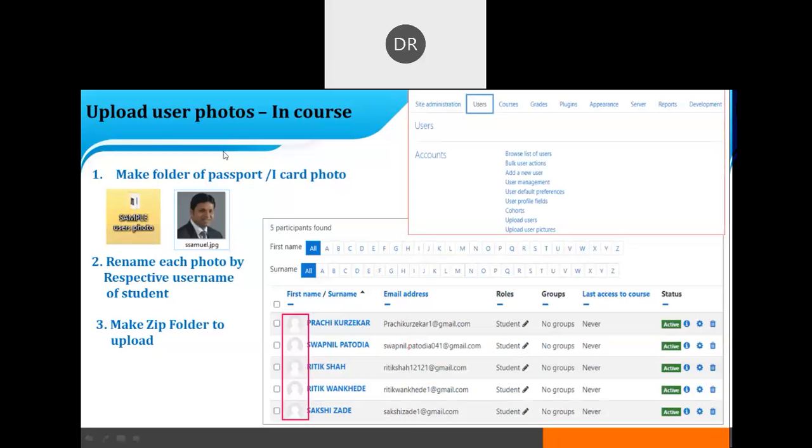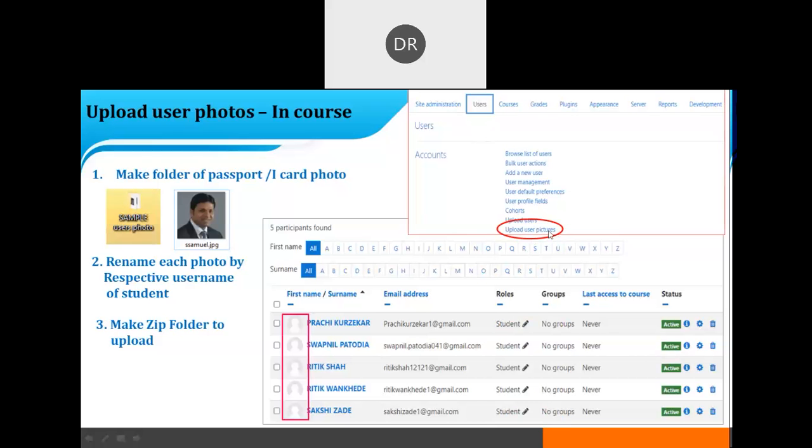After creating all the photo data, renaming all the photos with their respective usernames, convert it into a zip folder, and again go back to the site administration, and at the bottom side you will find upload user picture.